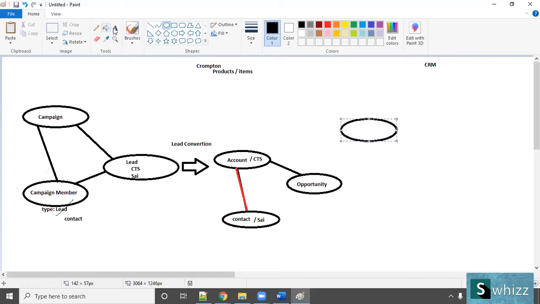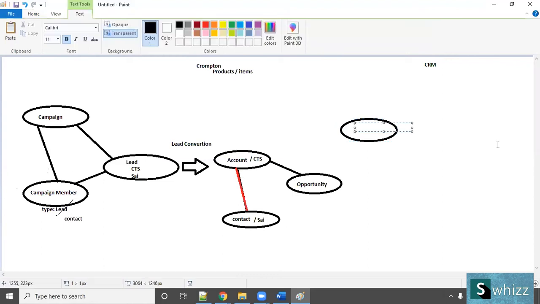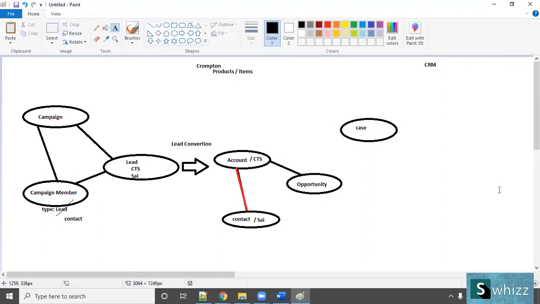What is that? Case means the problem. The history of the problem will be registered inside this case. This is a problem. So always this case will be associated with an account or an opportunity. You can associate it with either one. Are you getting the point?